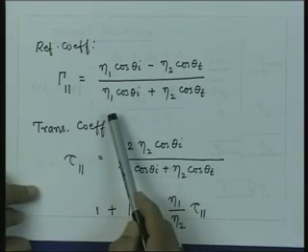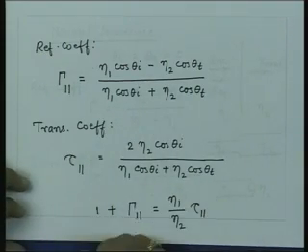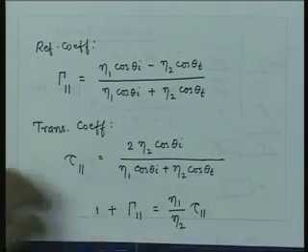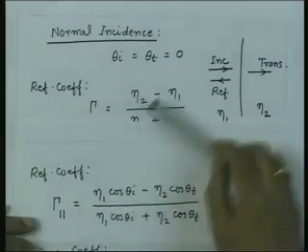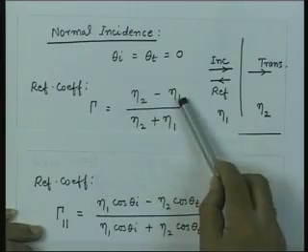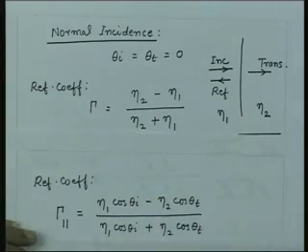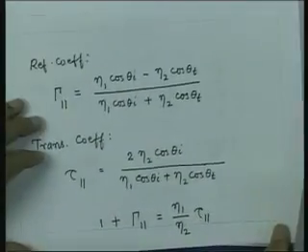One would then wonder, when theta I goes to 0, the two cases should become identical, so why are the reflection coefficients opposite of each other? Here is eta 2 minus eta 1, this is eta 1 minus eta 2, and the reason for this is